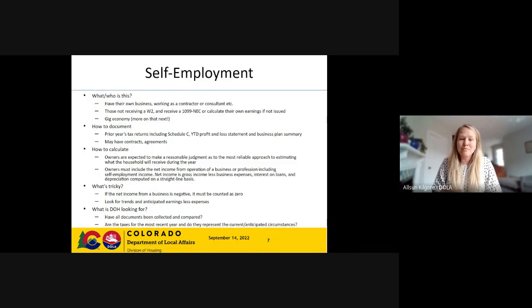Folks that are self-employed, they may have additional documentation like contracts or agreements. So if they're a consultant for an organization working 3 hours a week, they may have a contract that can help substantiate some of that, and they may not. So folks that are self-employed, owners are expected to make a reasonable judgment as to the most reliable approach to estimating what the household will receive during the year. So this is one area that's going to require a lot of staff to put a memo to file or clarification in the file of how, what that rationale was,